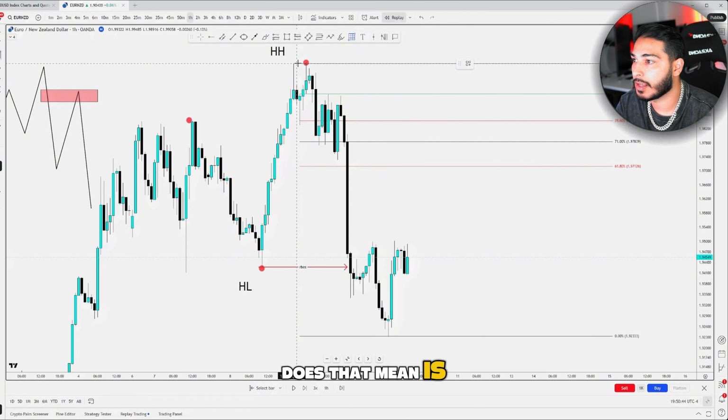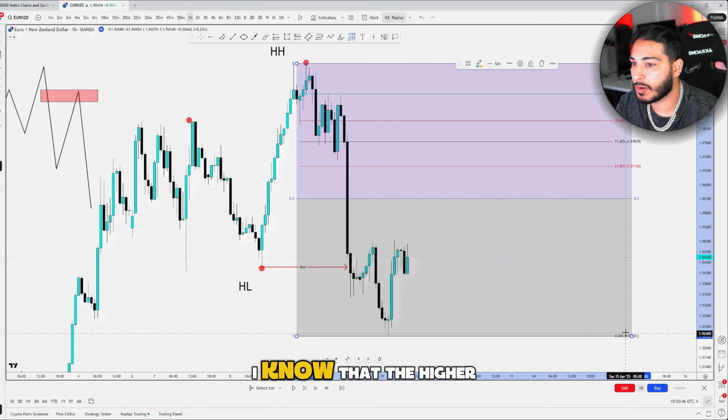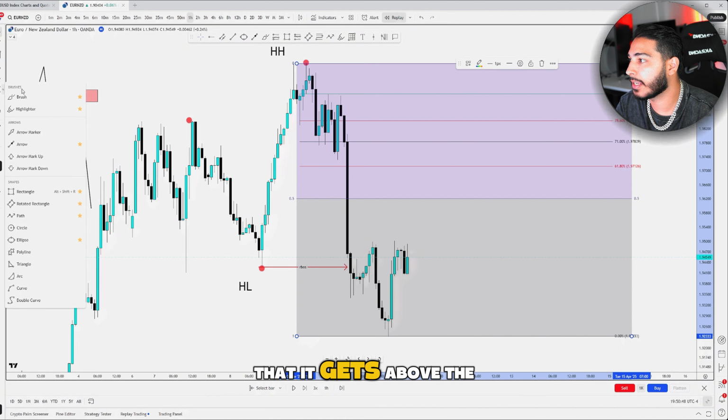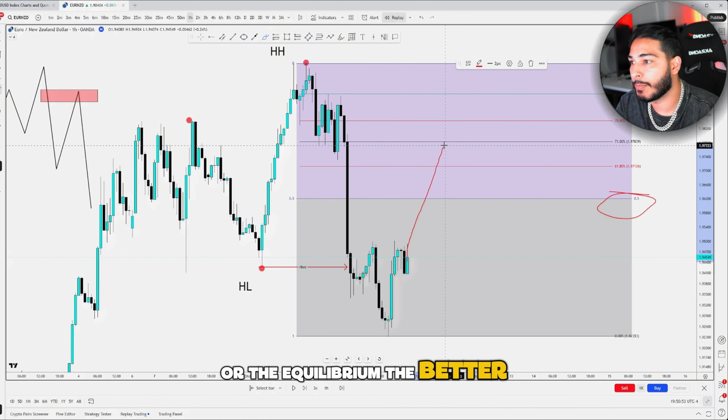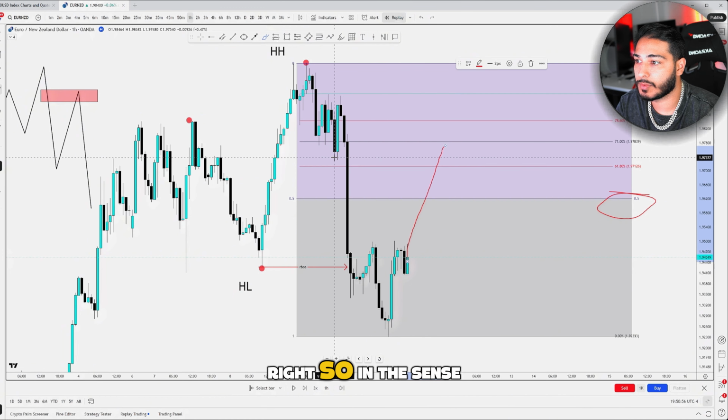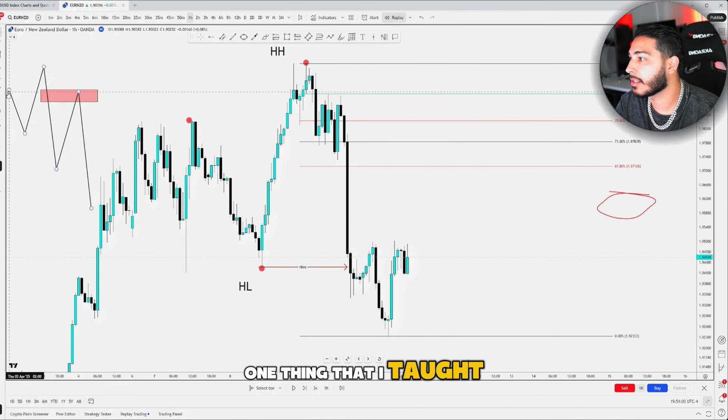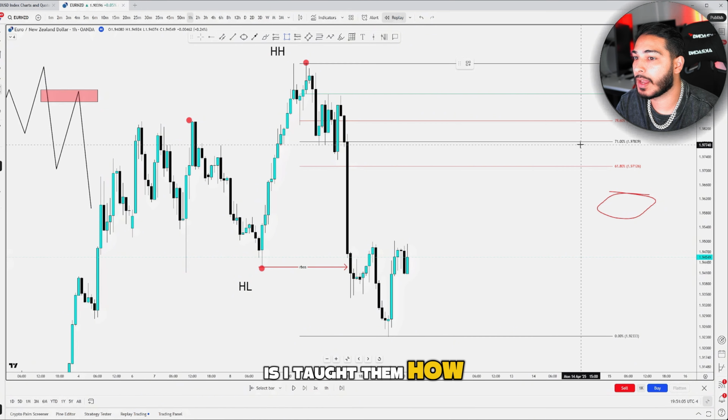What does that mean? If this is the whole structural range, I know that the higher it gets above the 50%, or the equilibrium, the better return I'm going to have, right? So in the sense of sells, I want to sell above the 50%, and the higher it gets, the better it is. Now, one thing that I taught my traders how to do is I taught them how to look